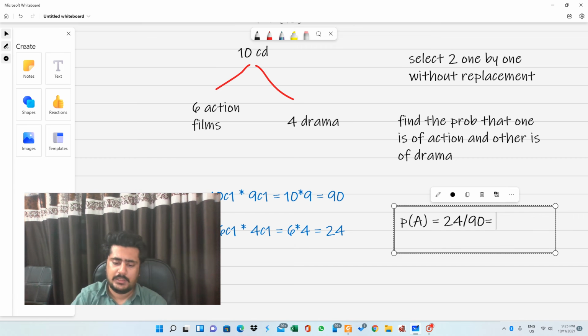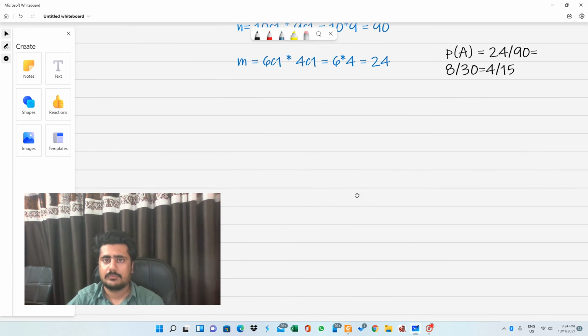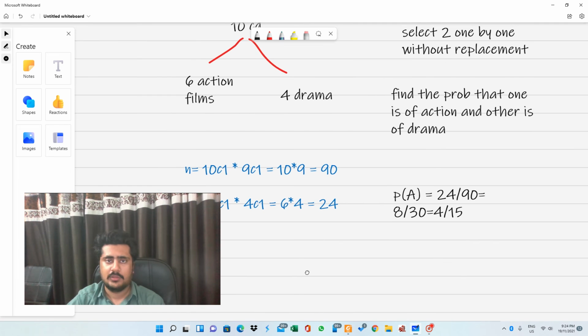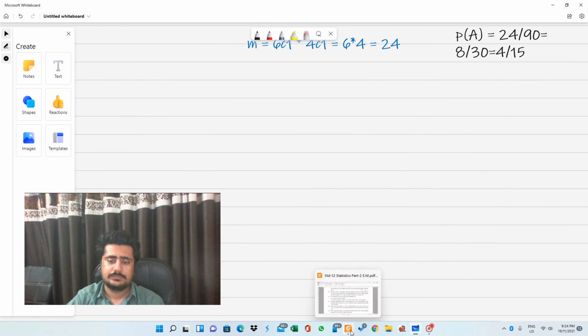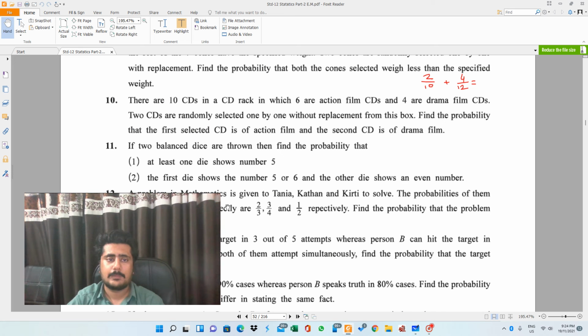3 8s are 24 and 3 30s are 90, so 4 by 15. 4 by 15 is your final answer to this question. So you got my point, it is quite easy. You can see it again. After this sum,